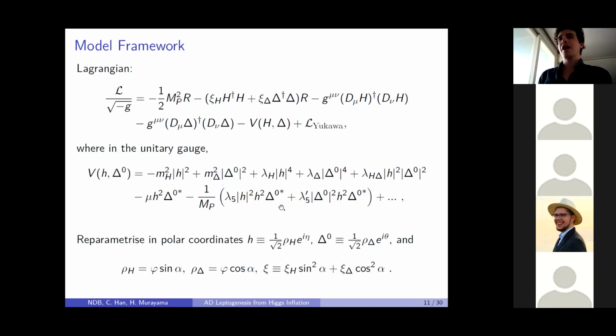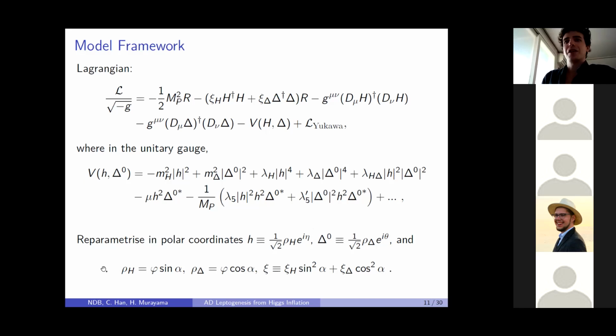In any case, now that we want to look at the inflationary setting, to do this, we first reparameterize our fields in the unitary gauge. We reparameterize our fields into their real scalar component and their complex phases. Here, the eta associated with the H is not going to be dynamical for us, so we don't need to worry about that. There's no violating terms, but the dynamics of our theta here will be non-trivial because we have the introduced violating terms, as I discussed at the beginning.